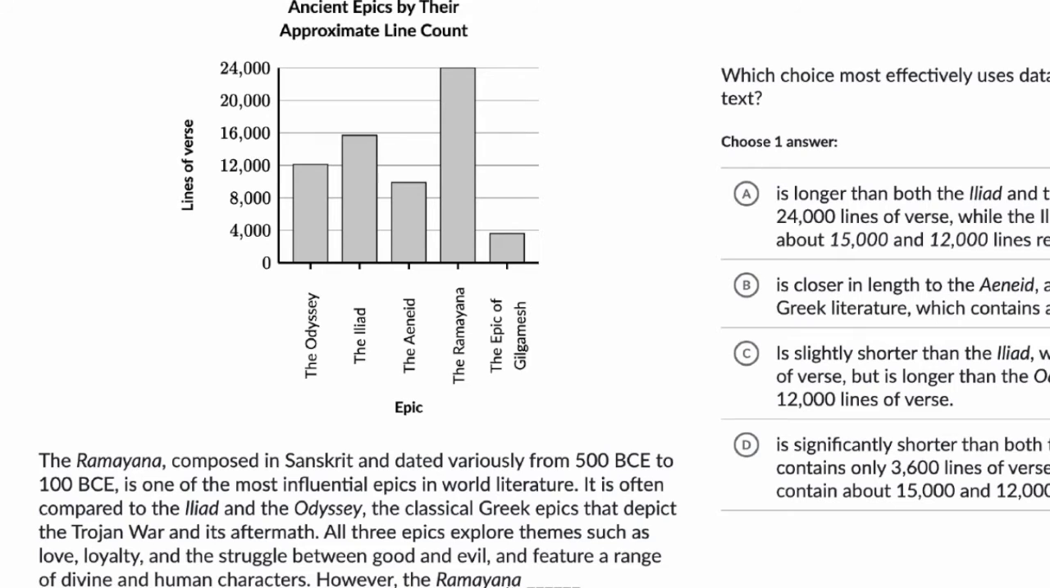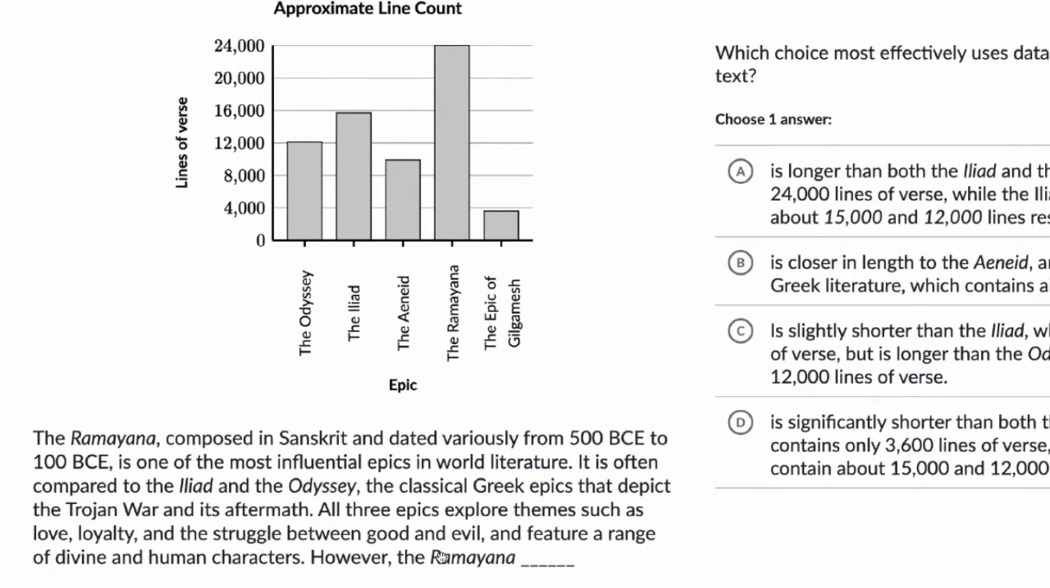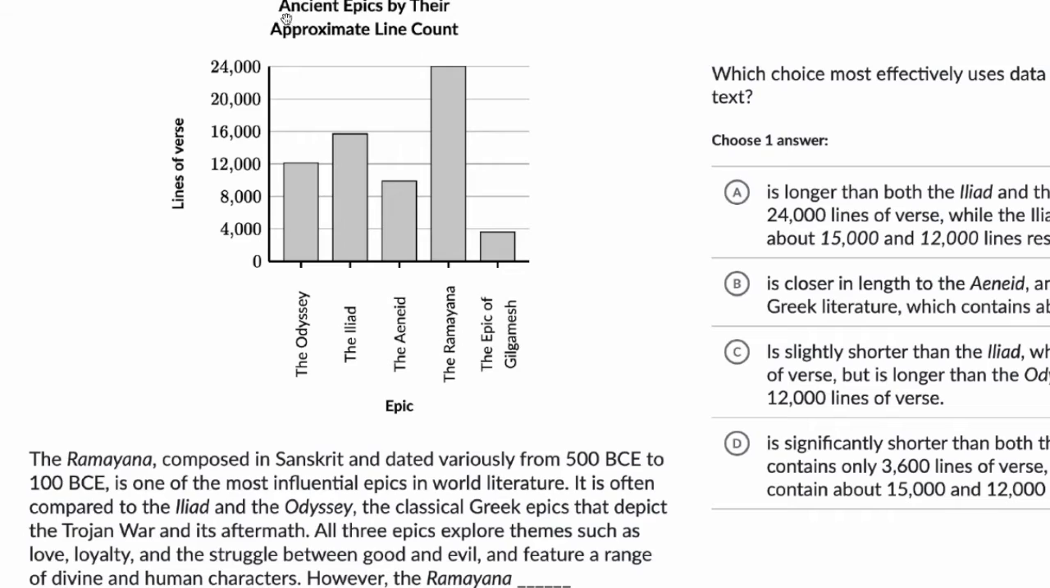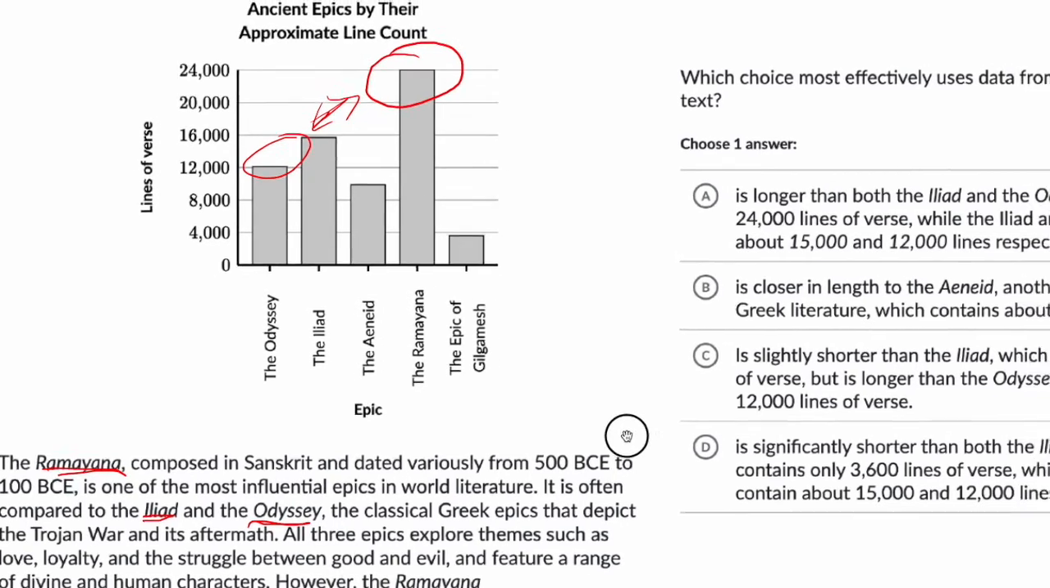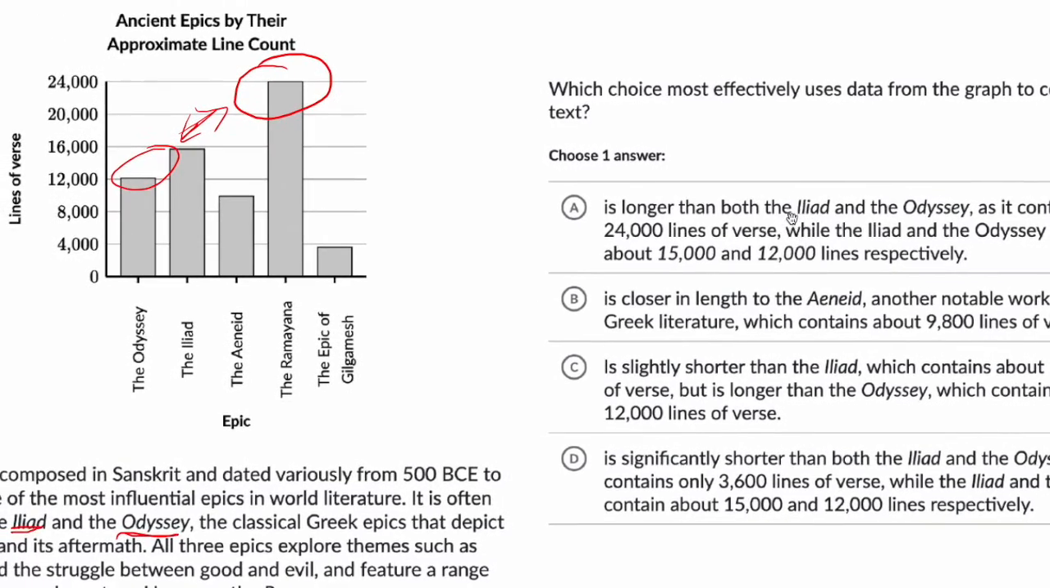However," okay, so this is a very open-ended statement, but if we look at the graph, it is talking about the number of lines of verse, and given that the passage is talking about the Ramayana relative to the Iliad and the Odyssey, that would be the relevant comparison. The Ramayana is much longer than these 2. And then we can verify that it's accurate,